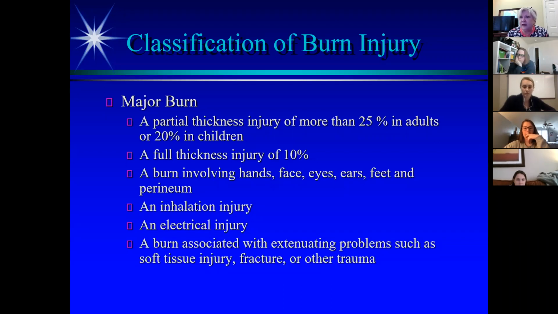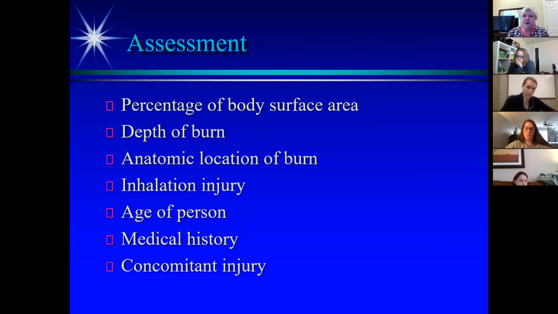So if you got a perineum burn, they almost all get infected, and then you get septic. So that's very, very serious. So the more the burn, and then we start adding other areas, it makes you at higher risk, which makes sense. So when we look at these patients, we're going to look at the percentage of their burn area,